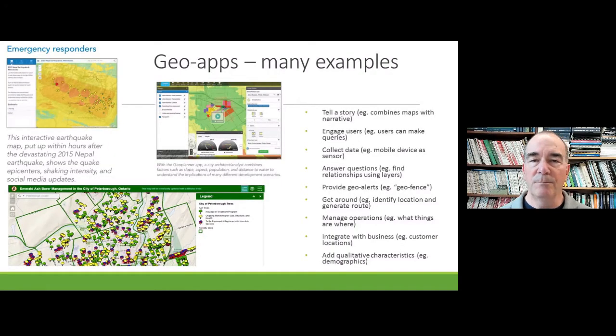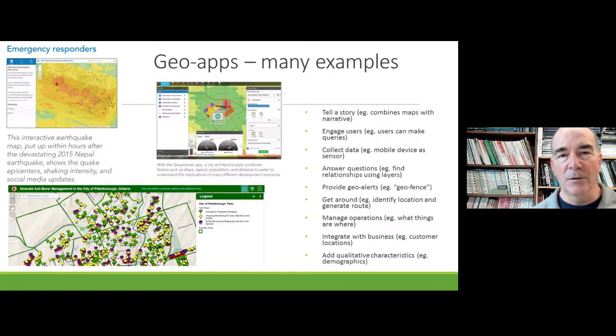Here are 3 very brief examples just to show you the range of opportunities within the Geo App world. The first is the Geo Planner app, which a city planner or analyst, an architect, for example, would use to examine, for example, view sheds that might be associated with a particular building, or many different opportunities to think about development. The city of Peterborough is doing a Geo app associated with the emerald ash borer because of the large number of green ash trees that are likely